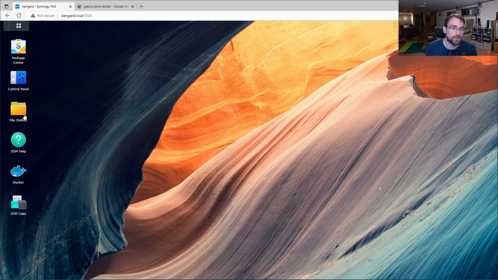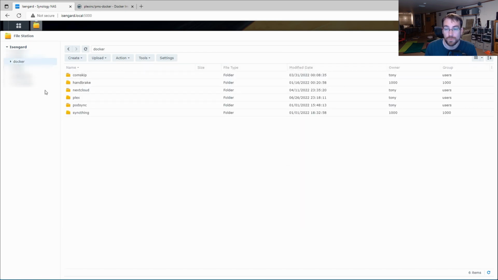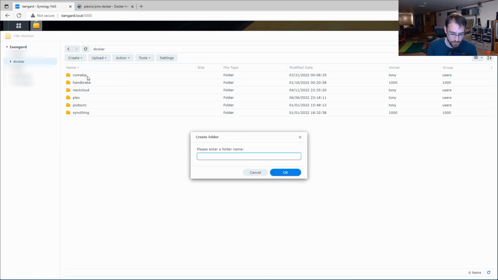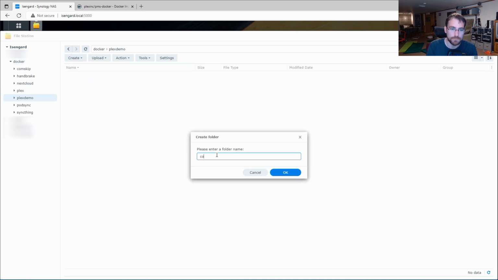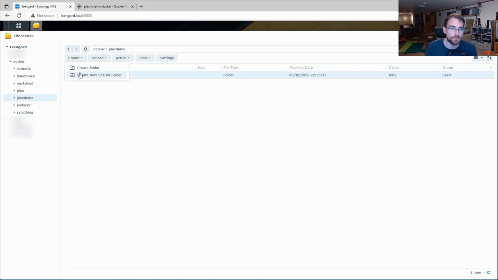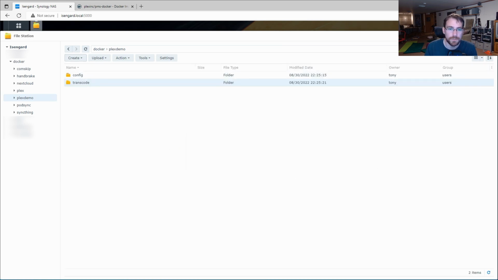So for that, I'm going to go here to File Station. I'm going to go to Docker. This is created automatically whenever you install Docker on your Synology NAS. And I'm going to create a new folder. I'm going to call it, in this case, Docker Plex Demo. And then inside Plex Demo, I'm going to create two more folders: one called Config, and one called Transcode. And there, we've got our folders set up, and now we're going to go on and actually create the container